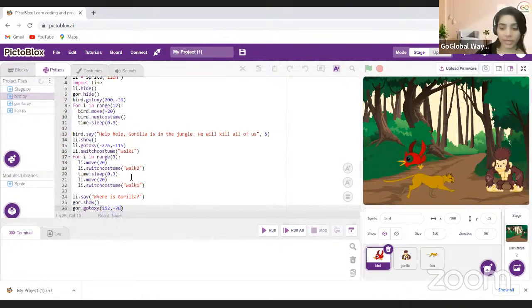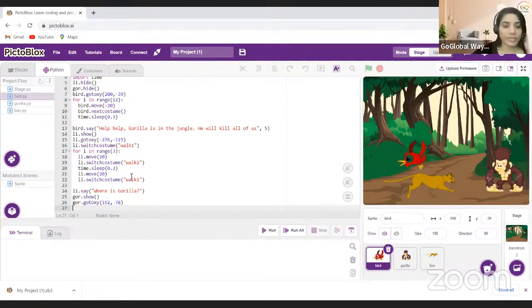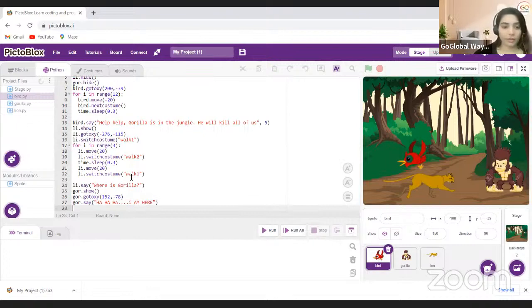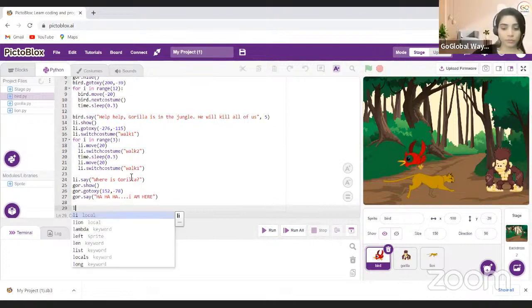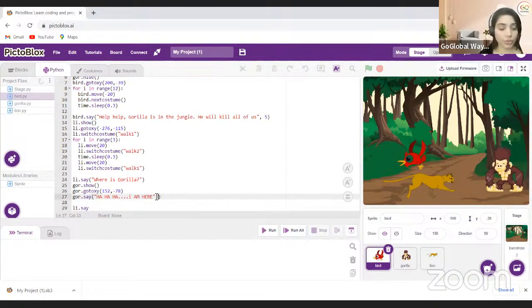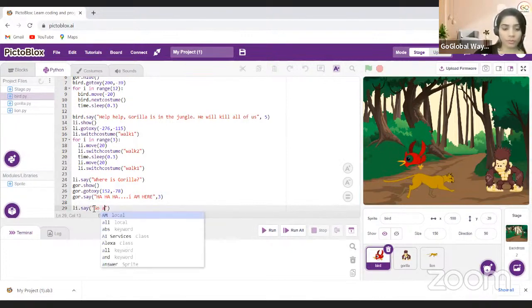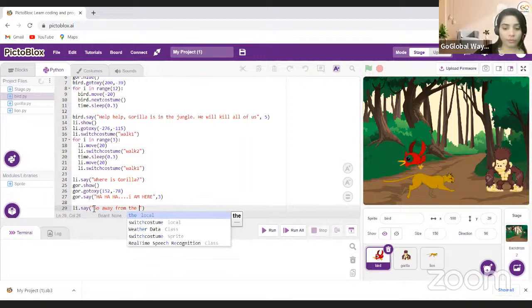So gore dot say, ha ha ha, I'm here. Okay. Then line dot say, oh sorry, it should say for some seconds. So it should say for 3 seconds, suppose. Line dot say, go away from the jungle, for 3 seconds. Then gorilla will say,